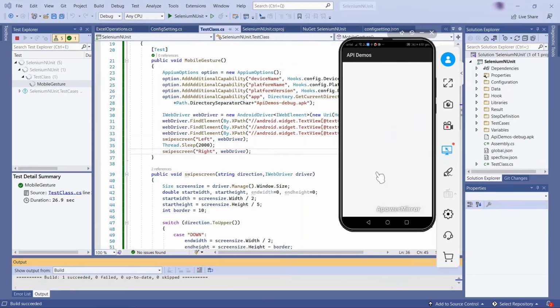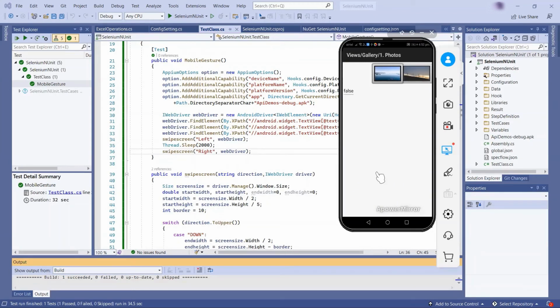So execution has started. It clicked on views. And now you can see that it performed left swipe and then right swipe. So this is how you can perform the swipe operation on your device.